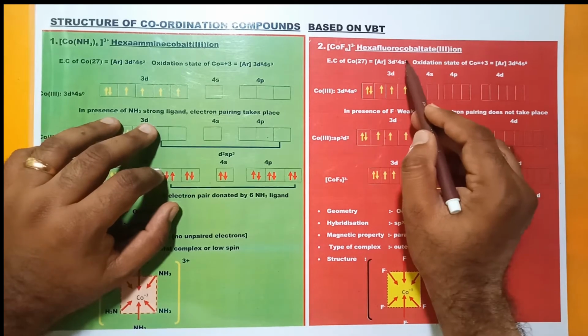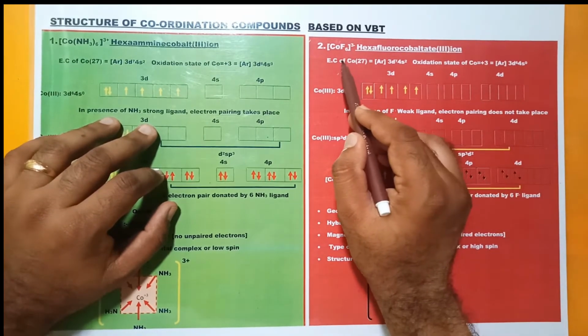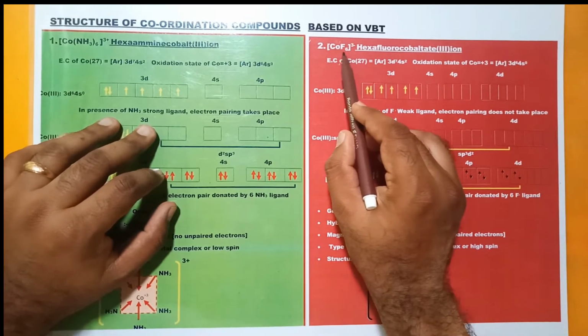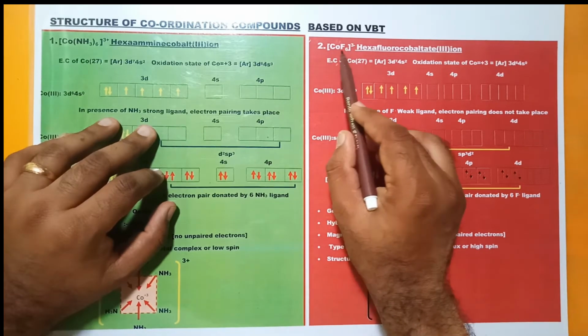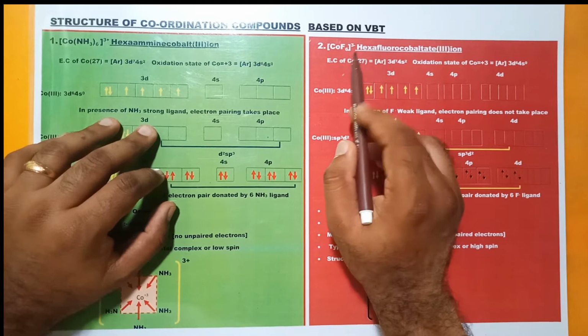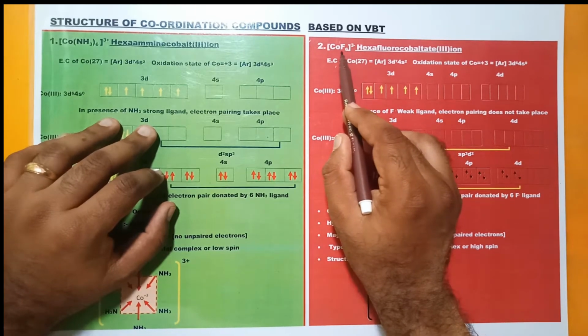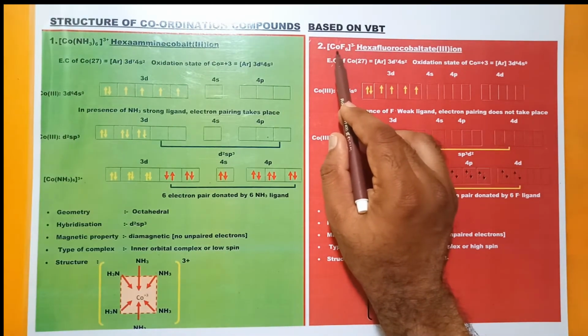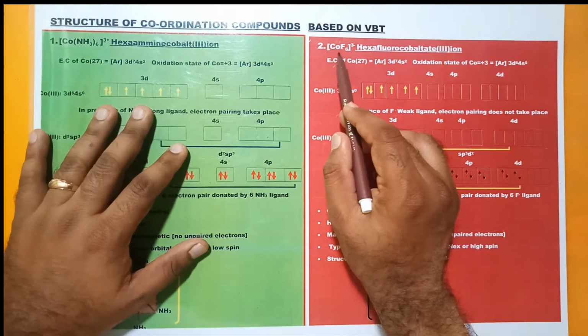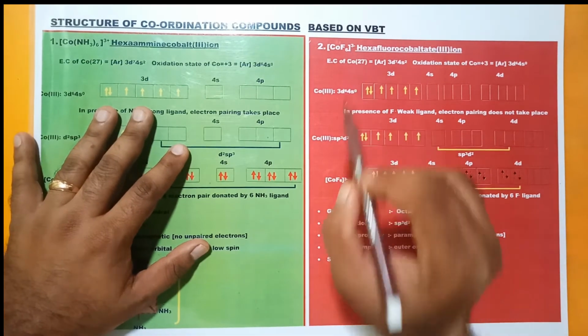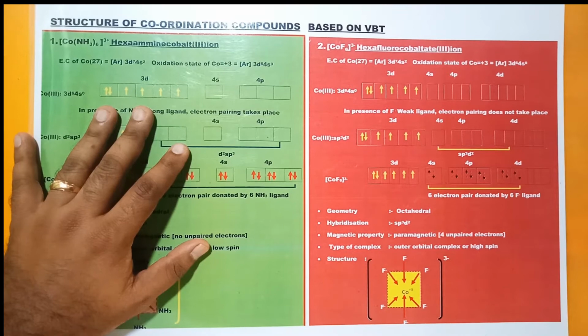[CoF6]3-, that is hexafluoridocobaltate(III) ion. Why is it cobaltate? It is an anionic complex. F is a fluoride ion. It donates electrons to the central metal atom, having a total charge of -6. So we have to balance it with cobalt, that is +3, since above the coordination sphere there is a 3- charge. So cobalt exists in the +3 oxidation state.